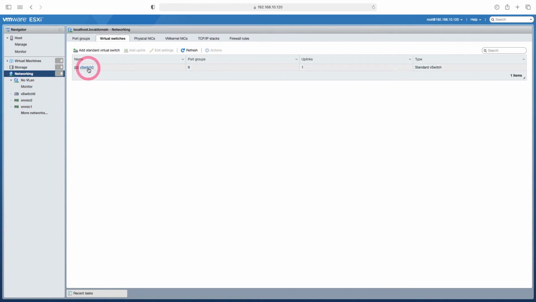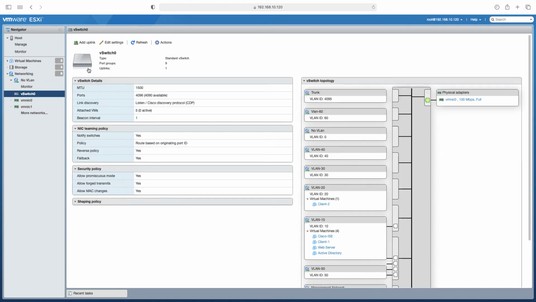From here I click Virtual Switch 0. Here, when we come to Virtual Switch, you can see that our trunk group is formed. Since there is no virtual machine in our trunk port group at the moment, we see it as empty here. Here we have one device in VLAN 20 port group and 4 devices in VLAN 10 group. When you select these port groups while creating virtual machines, you can see that virtual machine under the group here in the virtual switch topology.